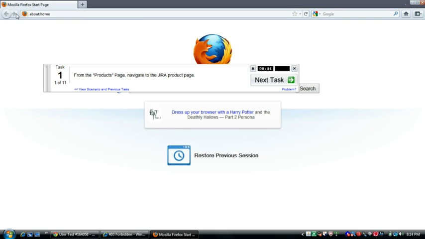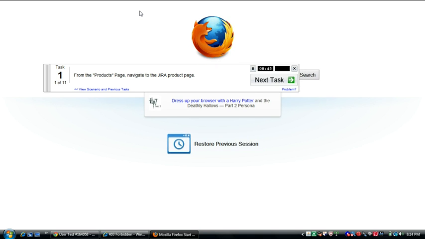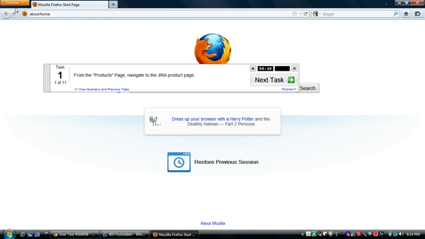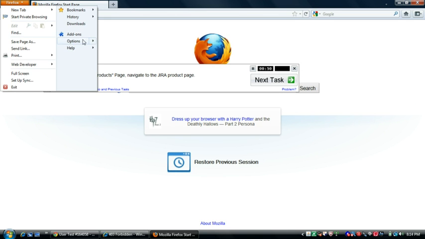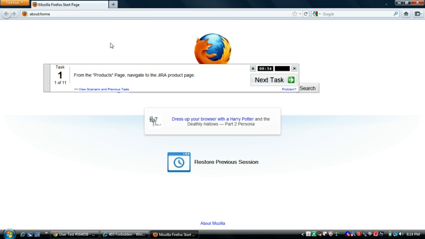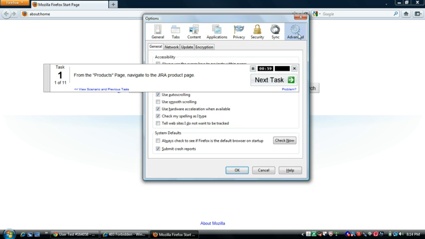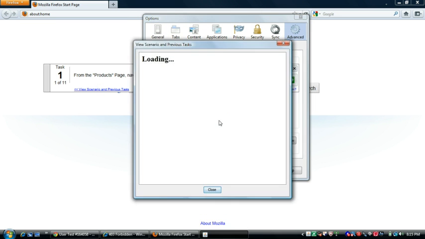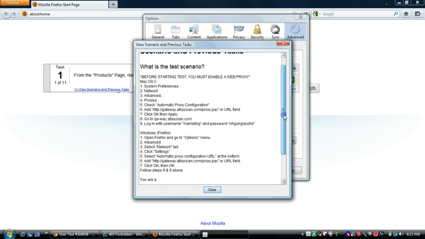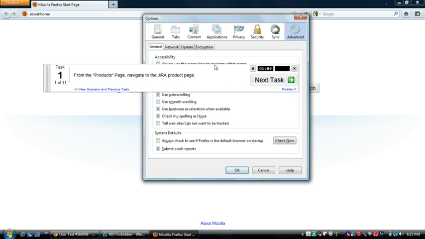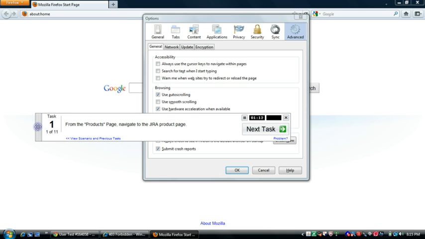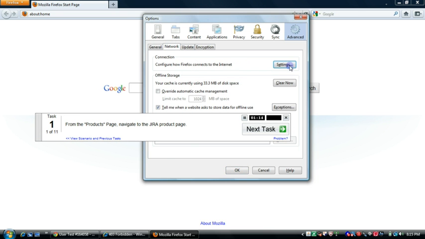So yes, I'm looking for the options menu, and there I go to options. Then I have to go to advanced, and then select network tab, click settings. Okay, so I select network tab, click on settings,